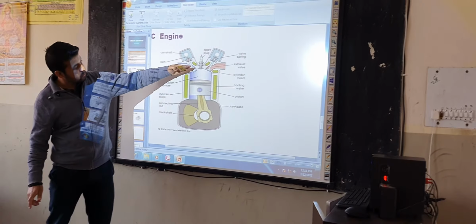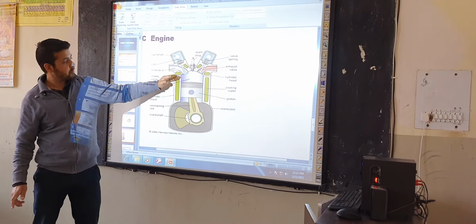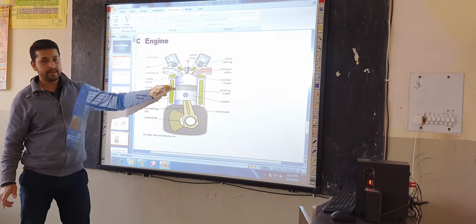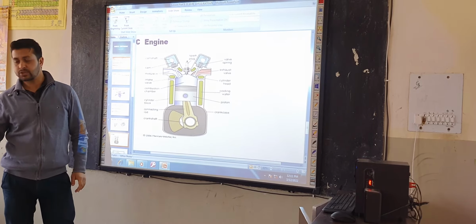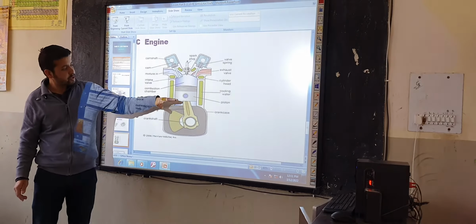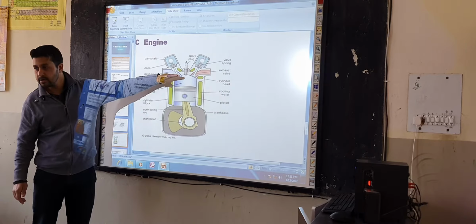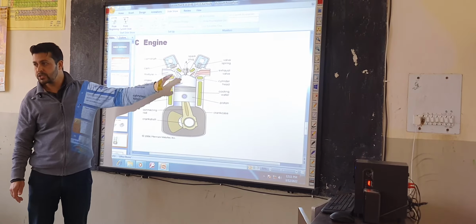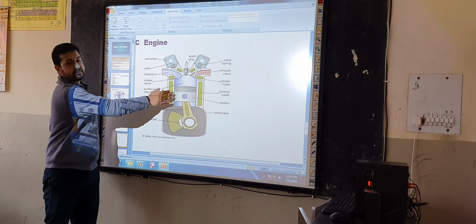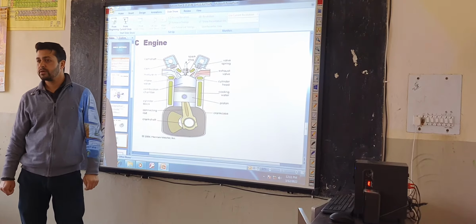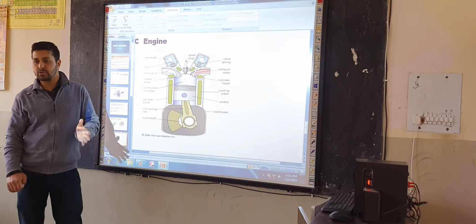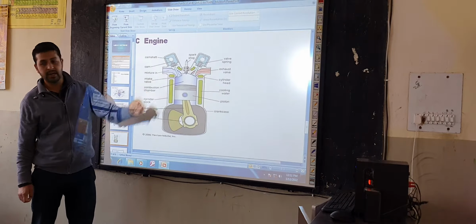If the piston moves from top to the bottom, that is your single stroke. And in the next stroke, the piston moves from bottom to the top. That is your second stroke, and that is called the compression stroke. The second stroke is called the compression stroke, and in the third stroke,